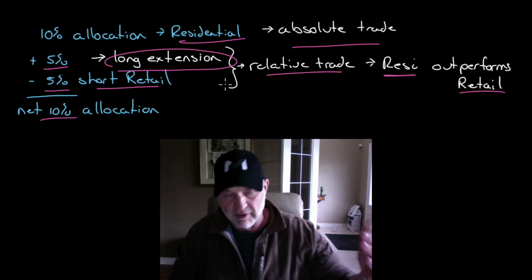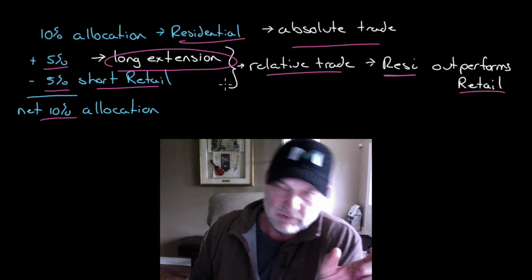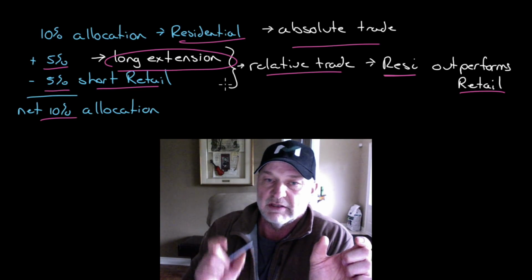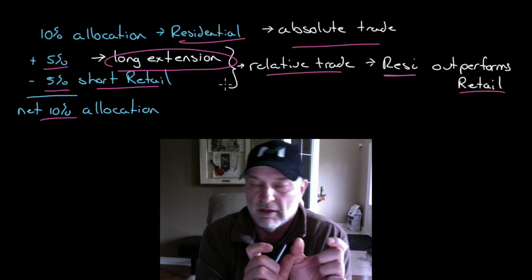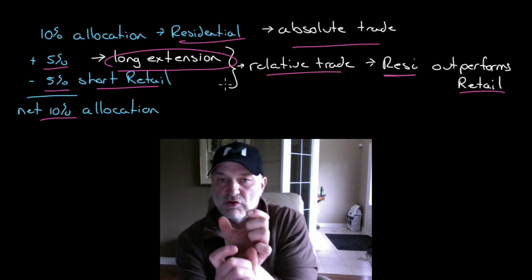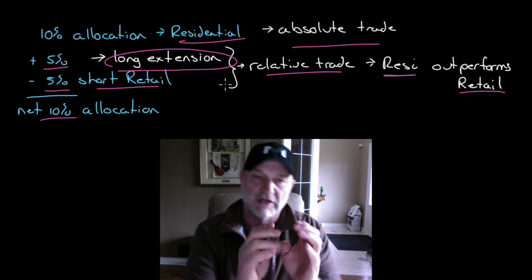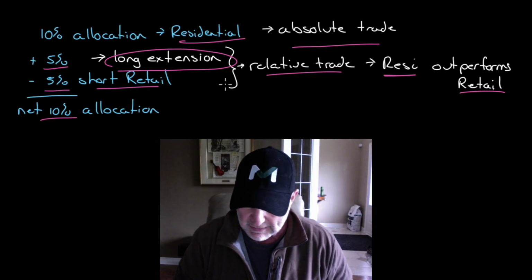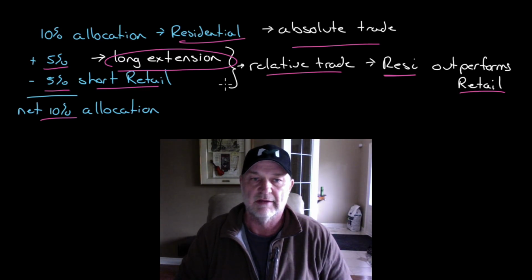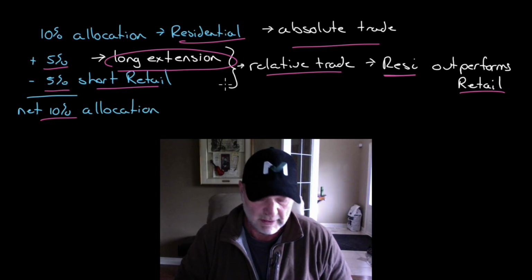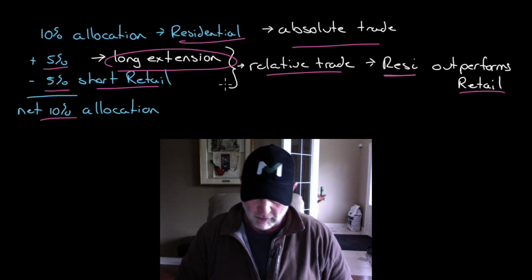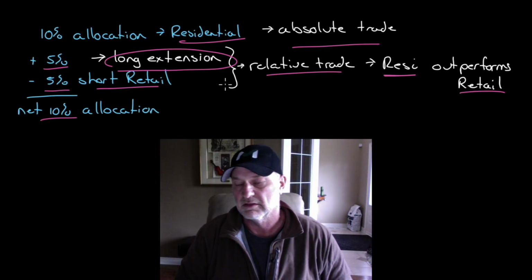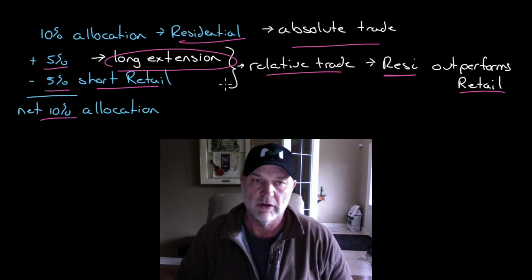So if you say, look, I'm limited to a 10% allocation to this asset class, although I'd like to go 15%, you can get there by taking a short fund, putting it on in your allocation, and that short fund allows you to extend your long so that your exposure to the sector, your net, is still just 10%. So if you're interested in things like that, there you go. That's sort of how that plays out. For the average retail trader, it's not really a thing. I think it's more important to pick where you want to be,